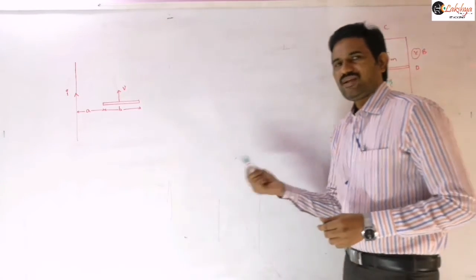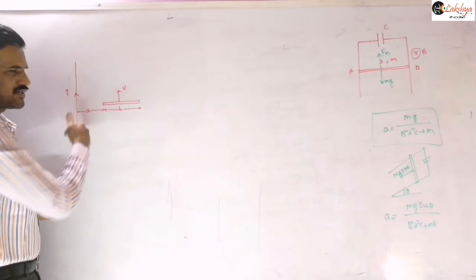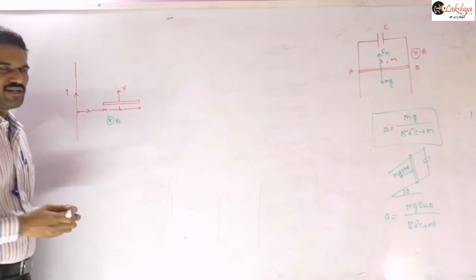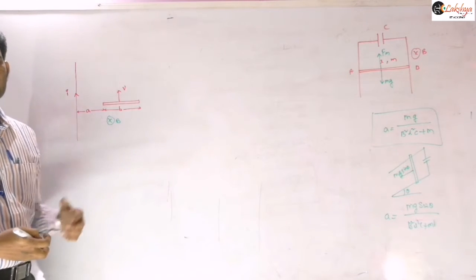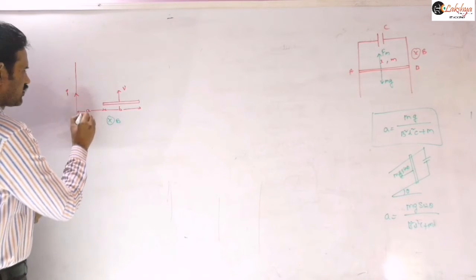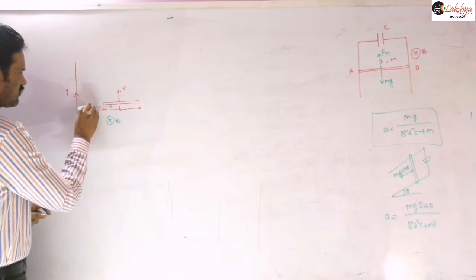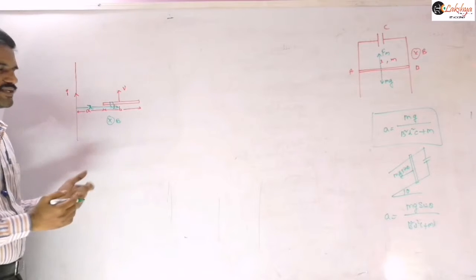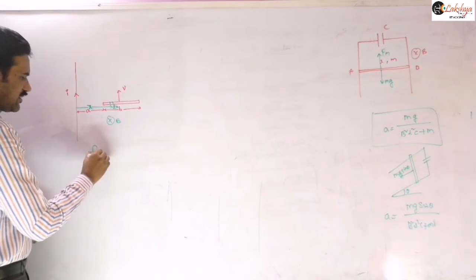Right. So the field is variable here. It is clear for us. Now the field is only produced by this conductor here. So that produces a magnetic field inwards here, but that field is variable in magnitude. So that clearly shows that we need to take a small element and we need to write an expression for that. Suppose I am taking a small element here, say at a distance of x from this wire. So let us take this element as dx here. So now let us write the induced EMF for this small element there, and then you can integrate that.